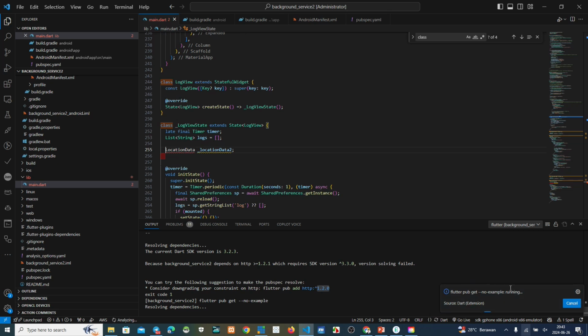Now update this extension again, because my SDK version is 3.3.0. We don't use this one to hide. We must downgrade to this version.